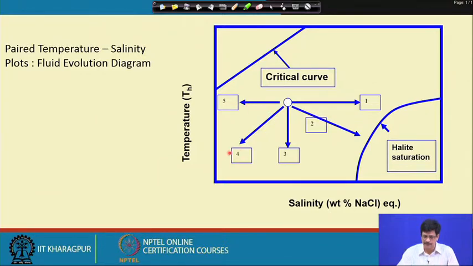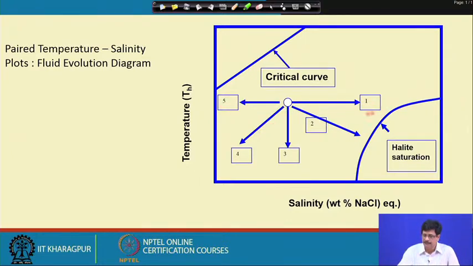For example, a particular fluid having a very low salinity and low temperature is likely to be meteoric water, which is almost freshly precipitated water, rain water, which has just percolated through the fracture network in the rock, and is low in salinity and also not very high in temperature. As against that, the fluid could be of very high temperature and salinity, which we will be discussing later on, and this kind of a trend would tell that possibly there was some fluid mixing process.